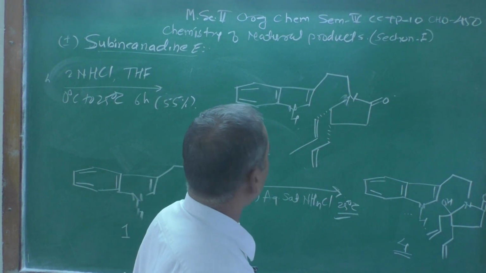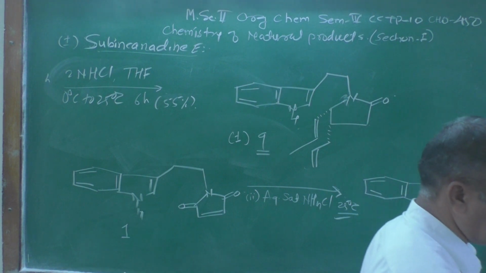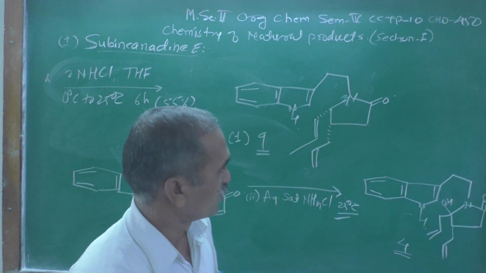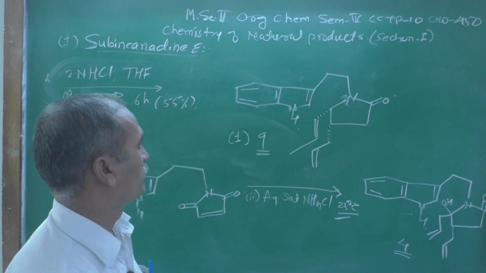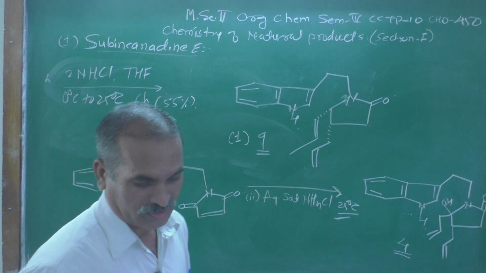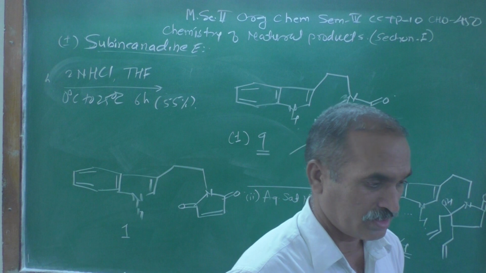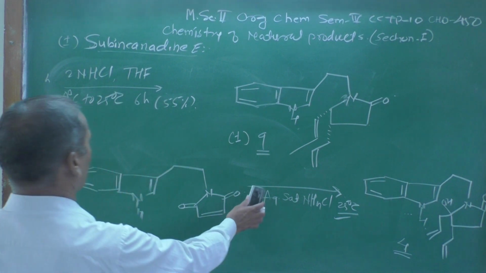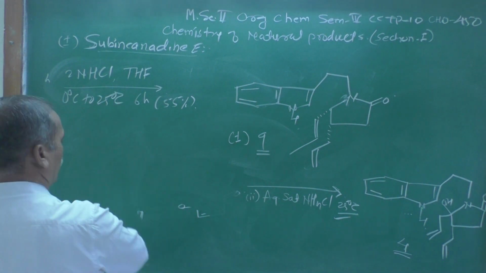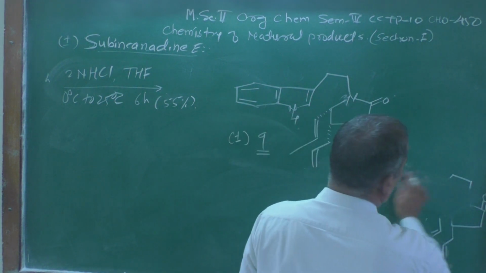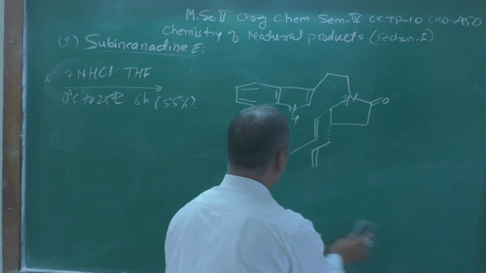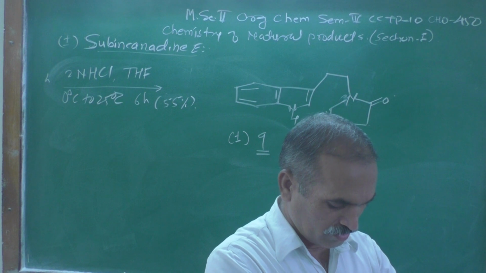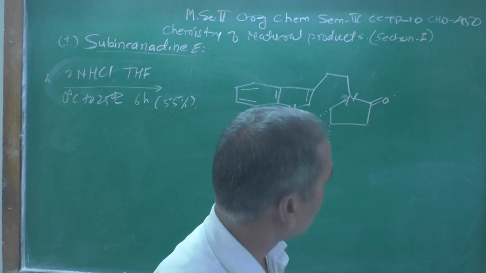And then you might be thinking, what about the 5, 6, 7, 8, where have those numbers gone? So we will come back to that. The numbers are still there, but those numbers we are going to give in scheme number 3. So before that, these are the numbering system which we are discussing over here. And after getting the structure number 9, that structure number 9 is further treated with the reagents.